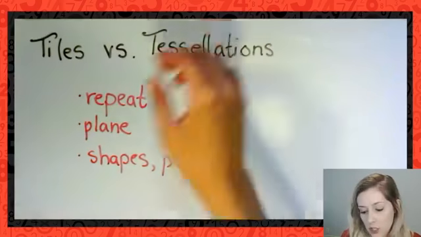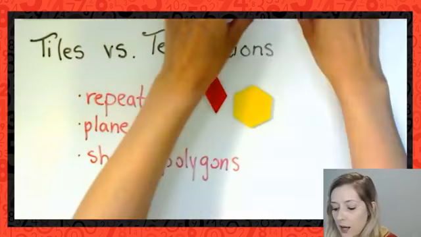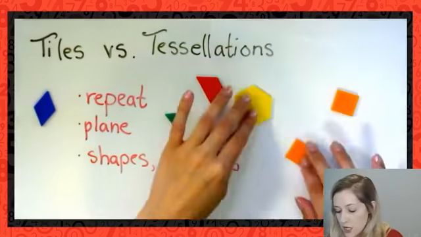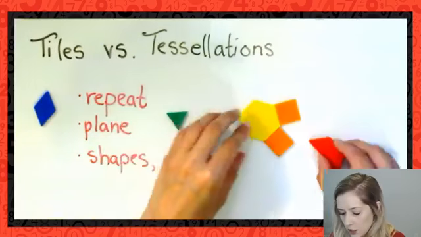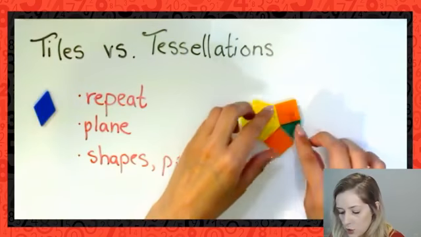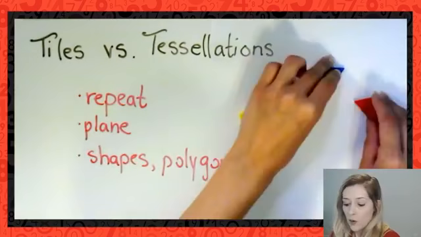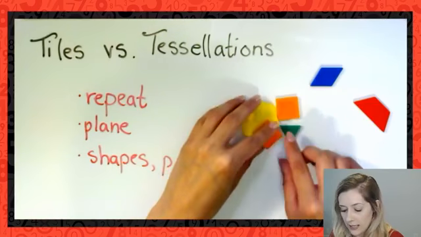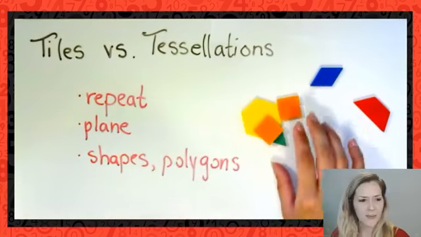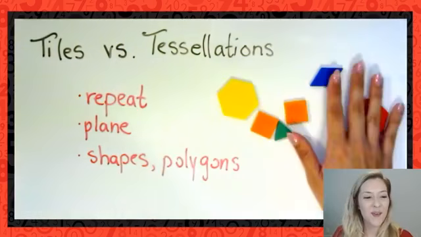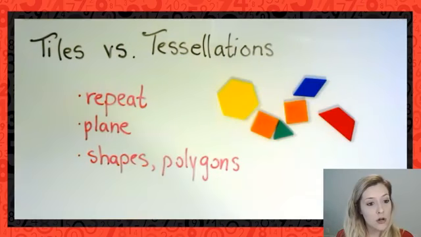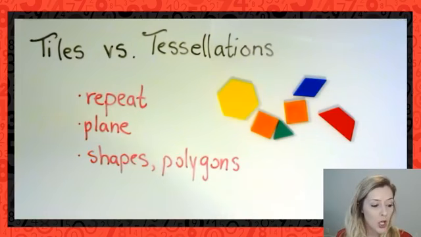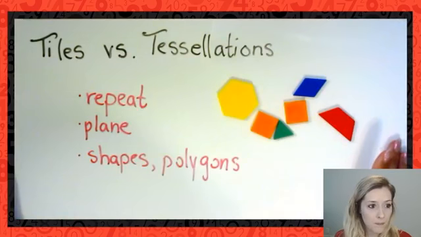So it's not as if, and I'm just going to pull up some of the blocks that I have here, I end up filling in my plane with a bunch of shapes. They need to be touching, all the edges need to be touching, so somehow I need to be able to perfectly fill it with no gaps, and on the other hand, also no overlapping. So I can't use like a quarter of this square for some reason. It's better shown when I draw it, but I can't overlap. So no gaps. I need to fill in all the space, and I also need to fill it in without overlapping. So a perfectly filled in plane.